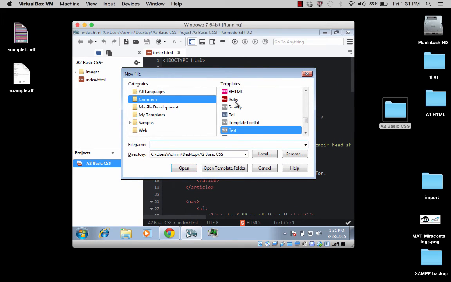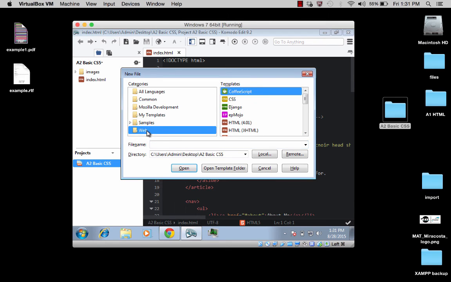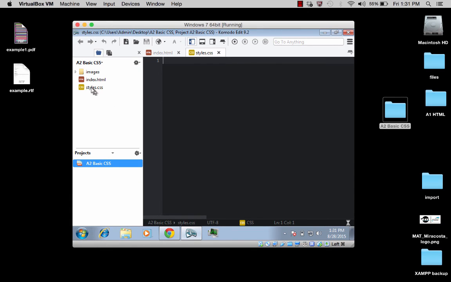And the thing that we would actually want again is to choose from the web options, and this time it would be a CSS file. And so I'm going to go ahead and create a file called styles.css, and it automatically is going to want to place it in the correct folder because now I'm working inside of a project. So I can say open, and you see it's created that file for me,